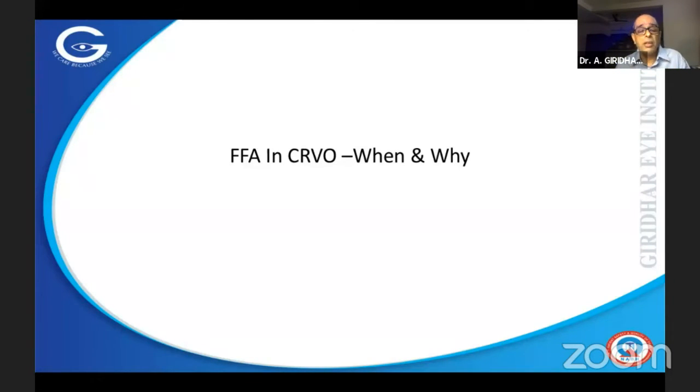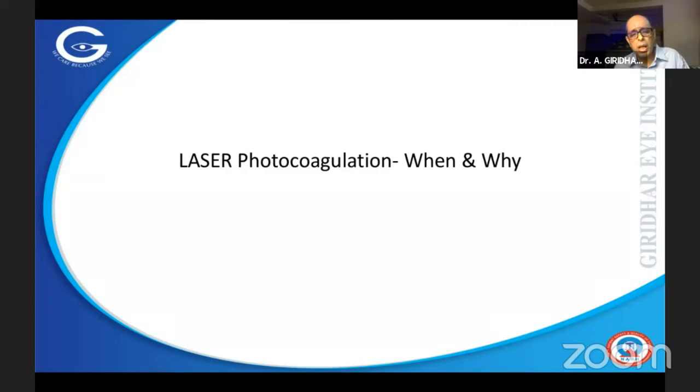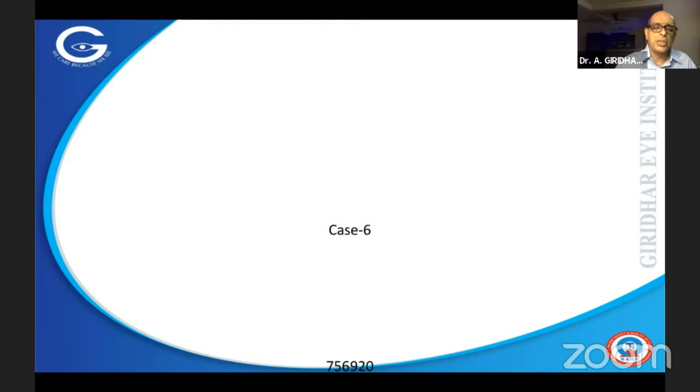where there is a very high risk of neovascular glaucoma, is indicated. I do it in all cases of significant peripheral ischemia where I feel there's a significant risk of neovascular glaucoma. I advise because these are patients who may not come for regular follow-up, and finally they may land to us with advanced neovascular glaucoma and a blinding complication. I also do it as a first line of treatment in neovascular glaucoma.